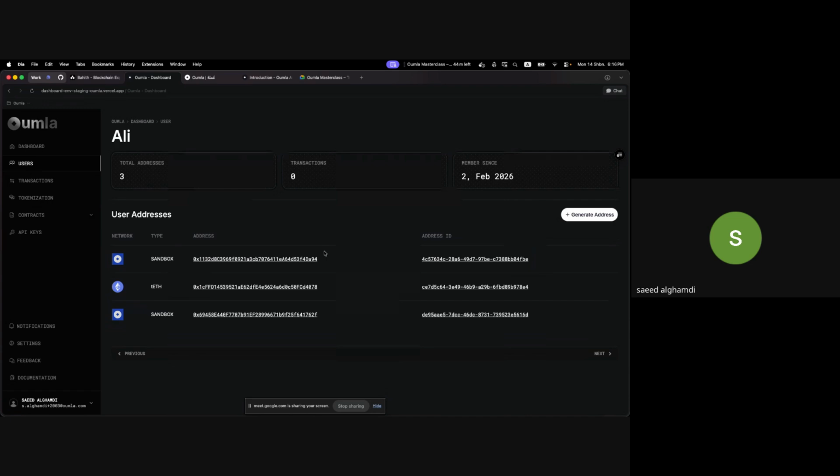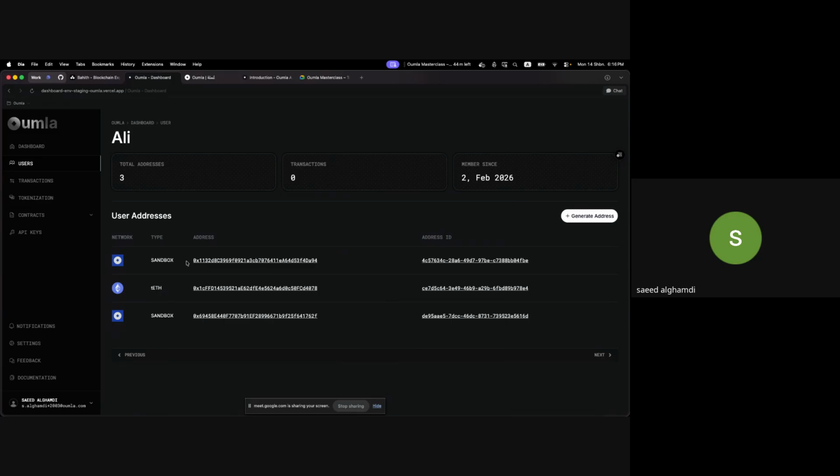Before continuing, I need to say this. Here in Oumla, every blockchain action is cryptographically signed with wallet shares. The client share represents the user profile for an action, or let's say the organization profile.